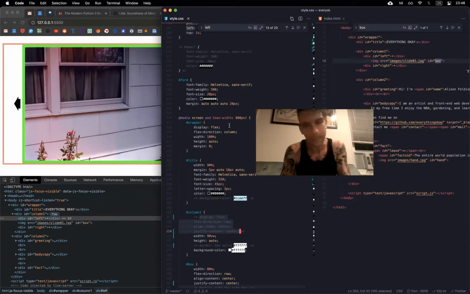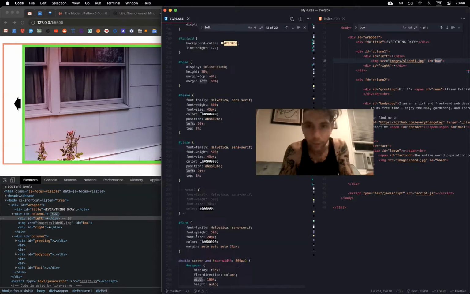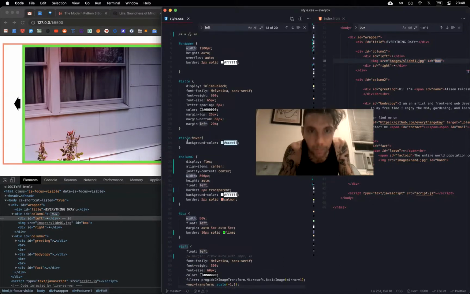Again, I don't want to open up that can of worms, but basically you don't want to ever redeclare display flex. Let your media query inherit everything, and only use the media query for things that are going to be different. So this width 90 was 90%. I changed it to view width. It looks like